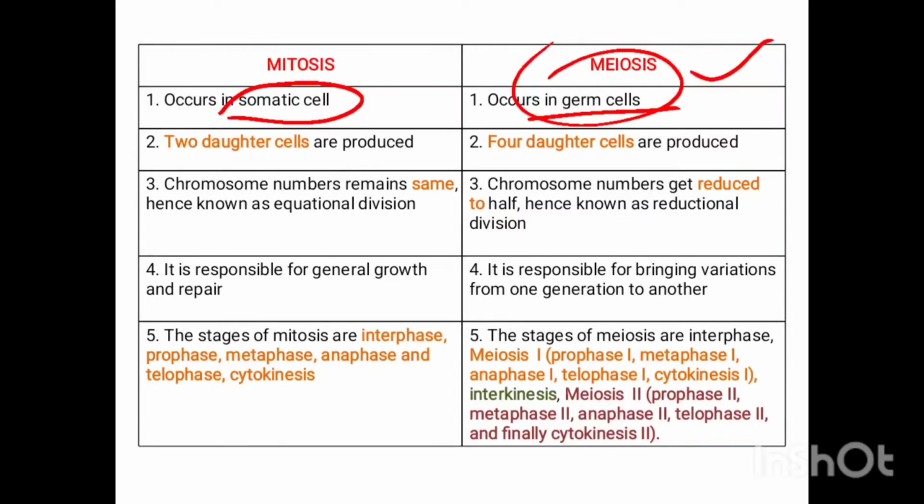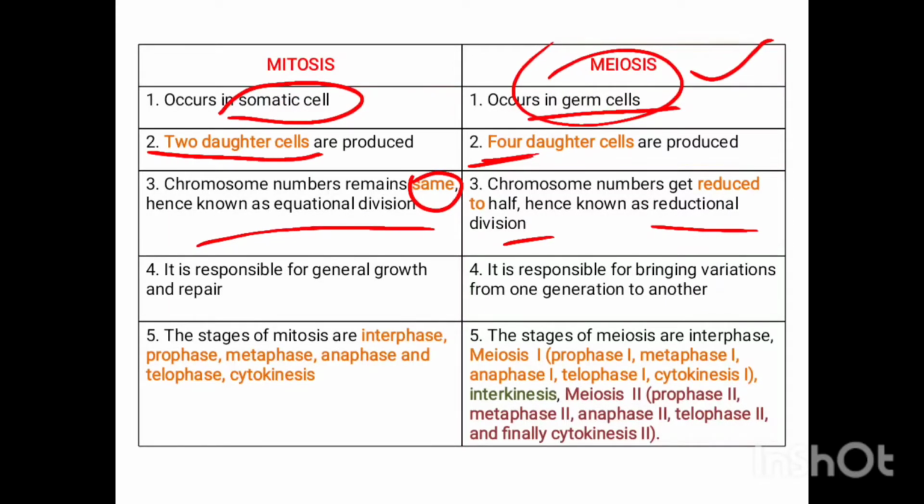Now, at the end of mitosis, two daughter cells will be produced, whereas in case of meiosis, four daughter cells will be produced. And the number of chromosomes in the daughter cells will remain the same as that of the parent in case of mitosis, and it is known as equational division. Whereas in case of meiosis, the number of chromosomes gets reduced to half, and hence it is also known as